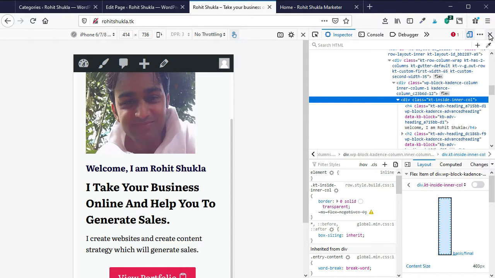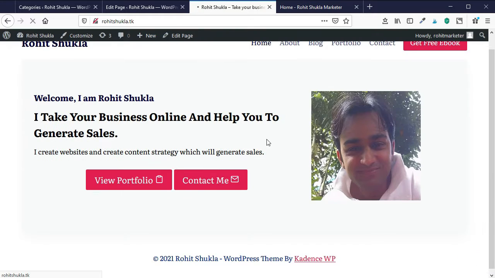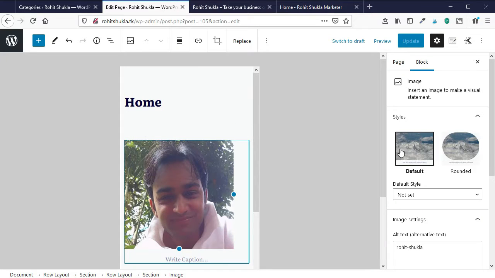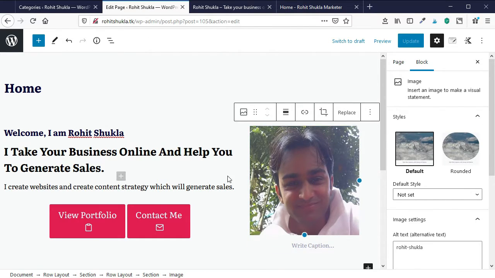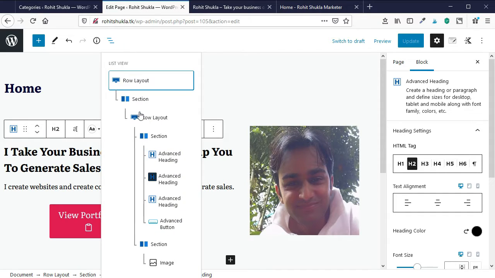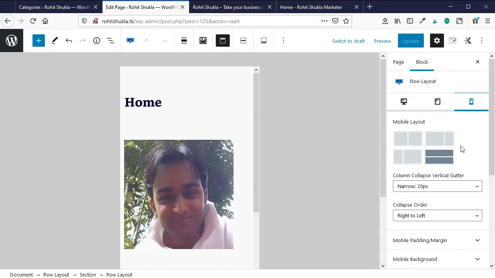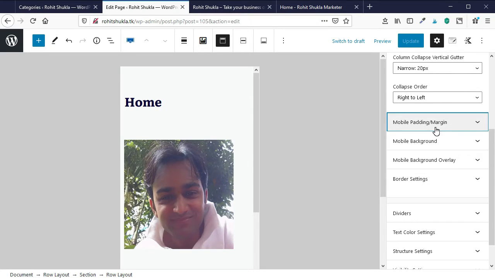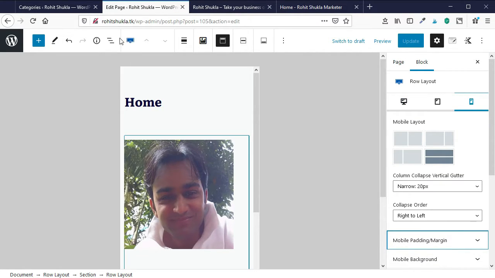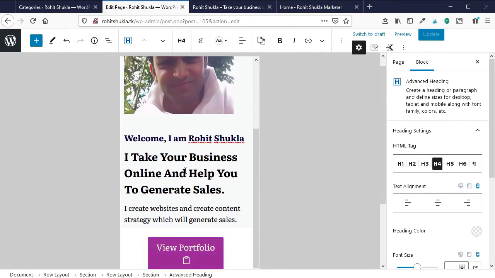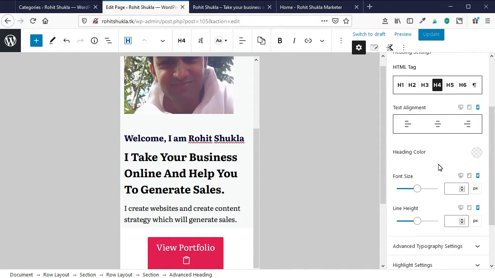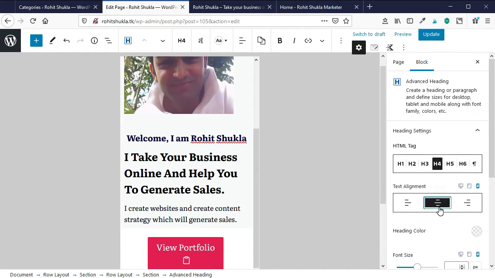For that we will go to this section and go to the mobile section, and we want to center the text area first. So we will center the text area on mobile by clicking on the mobile section.